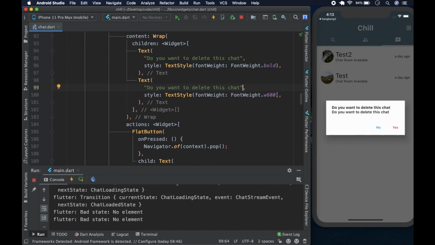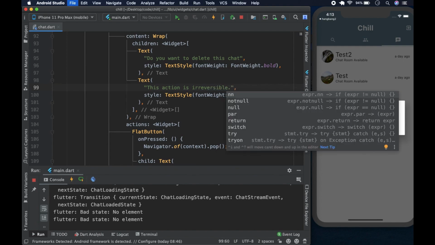So you can see the difference. We could make it first. Okay, let's just leave it like that. We could say this action is irreversible. This action is irreversible, like so. And we can save,